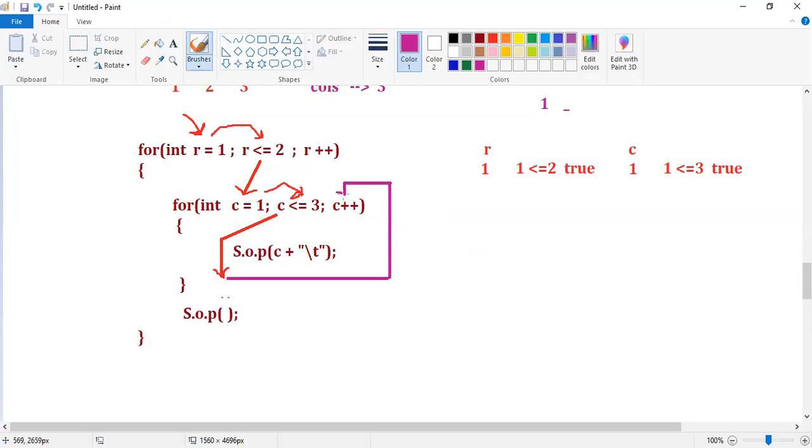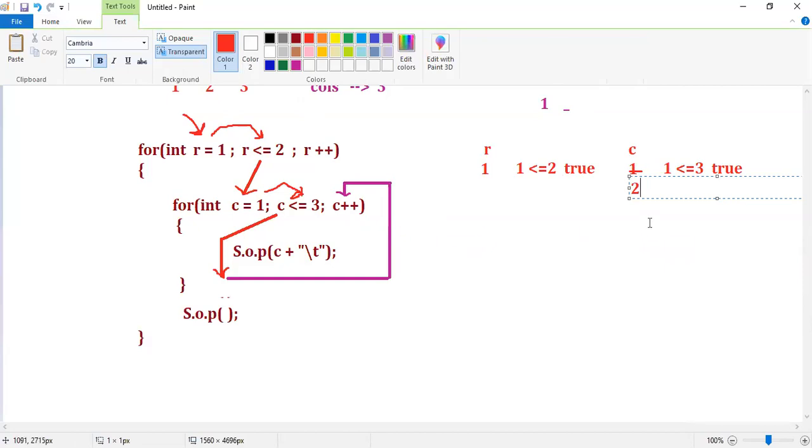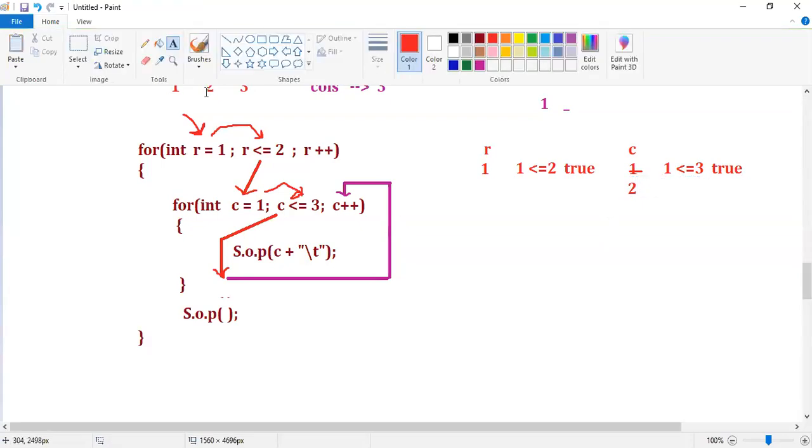Because of column plus plus, the column value instead of 1 becomes 2. After incrementing the value, control will come to the condition.